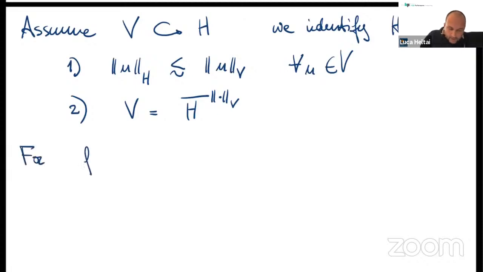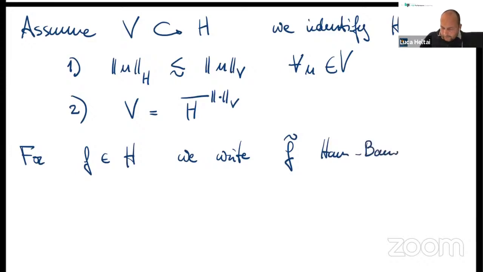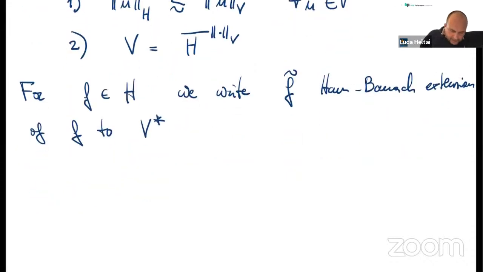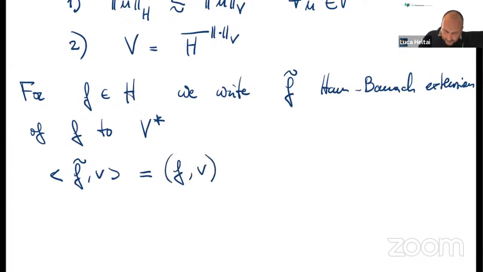So for f which is in H, we write F tilde, the Hahn-Banach extension of F to V star. And that simply means we define F tilde of v to be that object such that